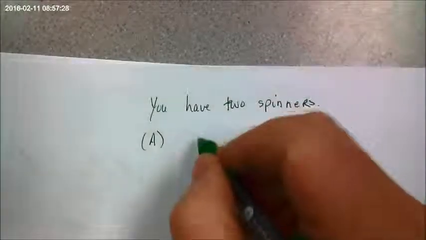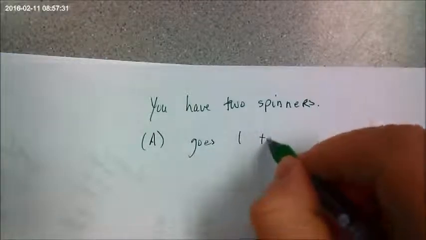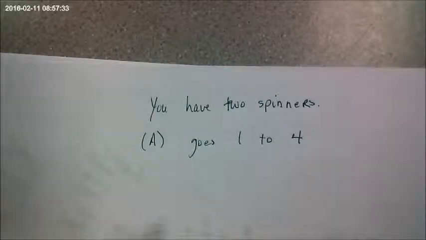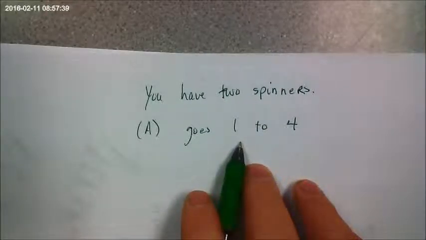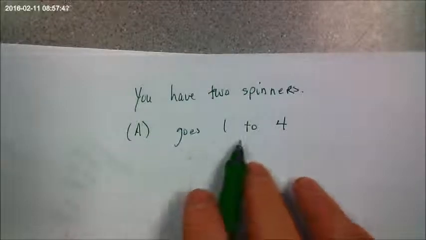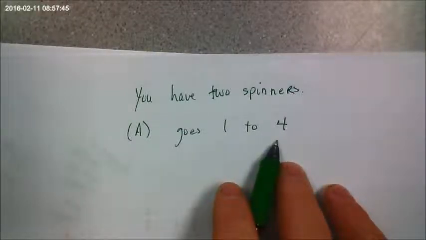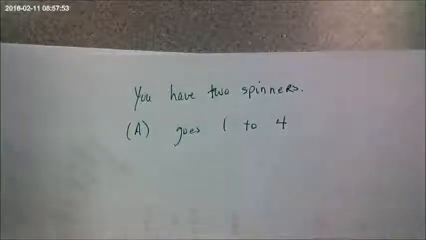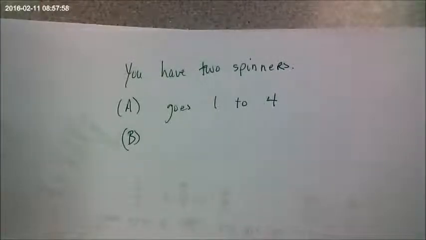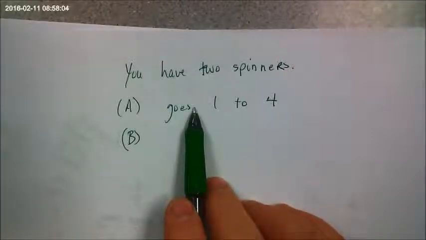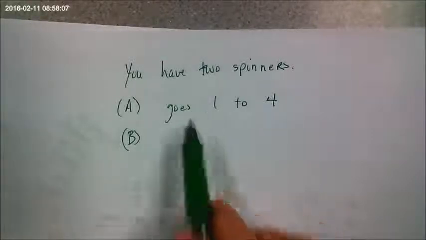Spinner A has numbers 1, 2, 4. The word 2 is weird when you're talking about math class. Because if you didn't see what I wrote and you listened to what I said, spinner 1 has numbers 1, 2, 4, like if you were a blind student, you might think it was the number 1, the number 2, not the number 3, but yes, the number 4. Right, 1 through 4. In fact, when I wrote the notes for the class, I wrote the word right here. I wrote goes from 1 to 4. See?